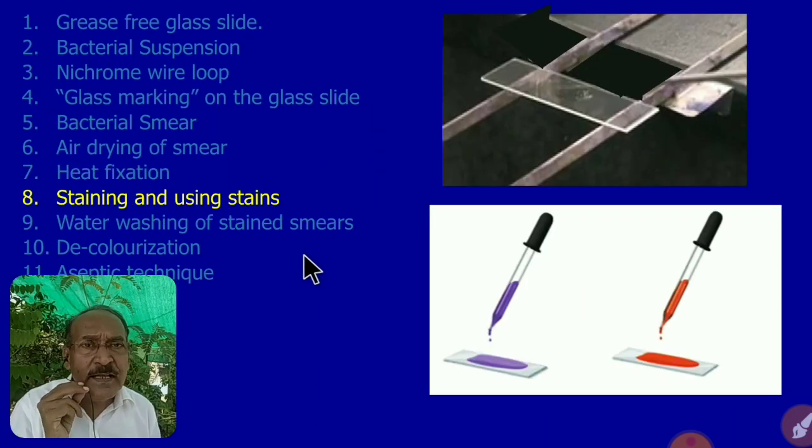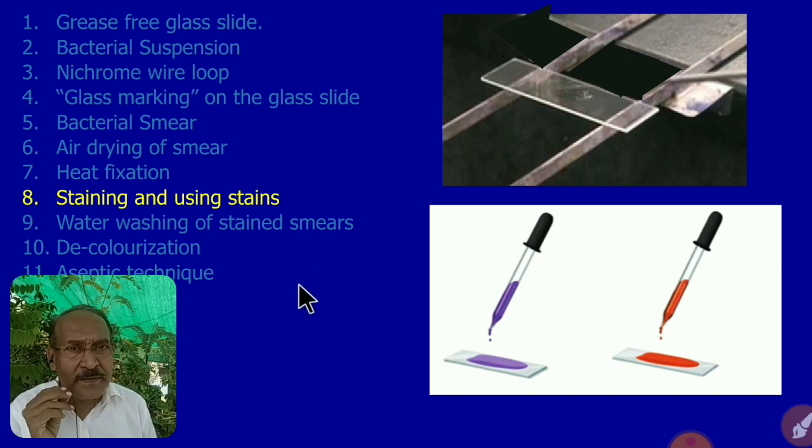Then comes staining, or using stains. To have comfort in the staining procedure, there are some bridges available in laboratories. We also can prepare a bridge. Simply you have to take two longer batons, put those two batons on the sink, and put your slide over them, or anywhere you feel comfortable, with the smear portion upside. The marking should be at the lower side of the slide, and the smear at the upper side.